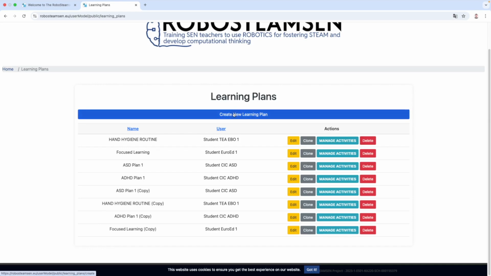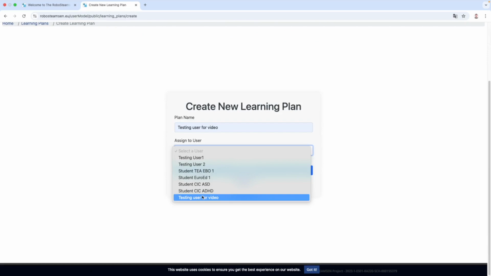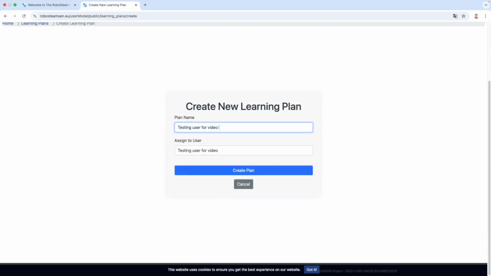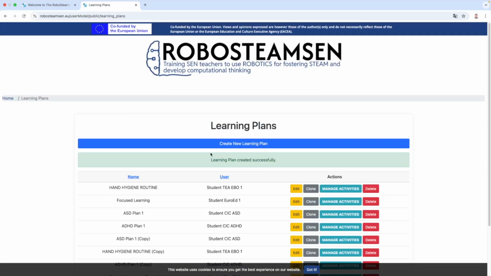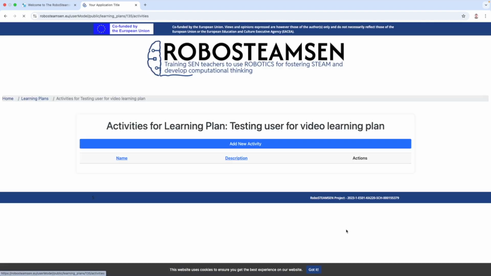So we are going to go into learning plans, we can put a name and select a user. I'm going to put here learning plan just to have it clear. Okay, so we are going to create a plan, and a plan is going to be based on activities. Okay, so we have here our plan and we can manage its activities. How many activities could a plan have? Those that you consider. Each activity is going to deal with an educational difficulty,